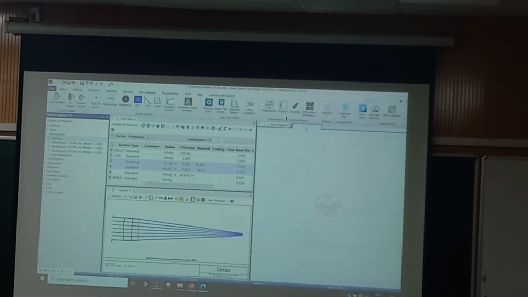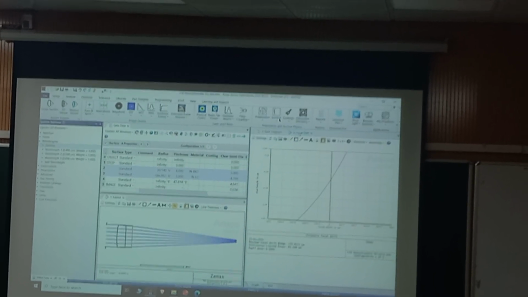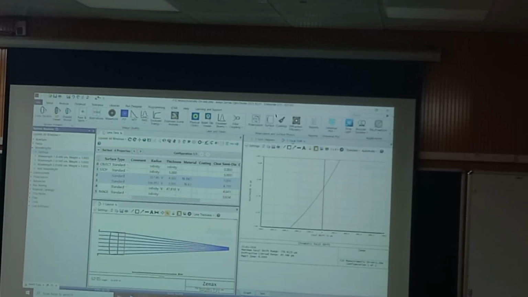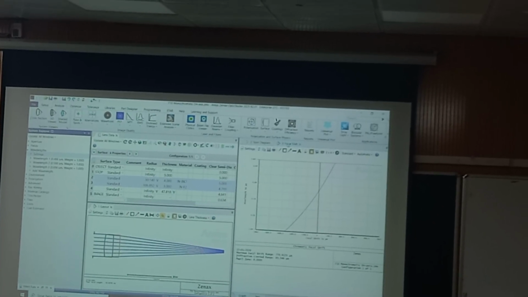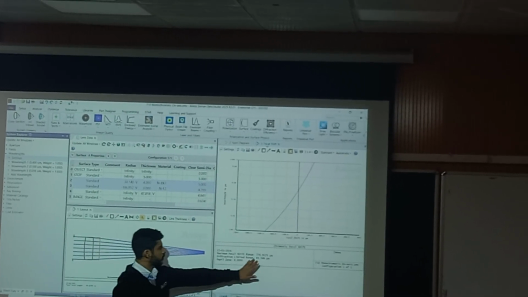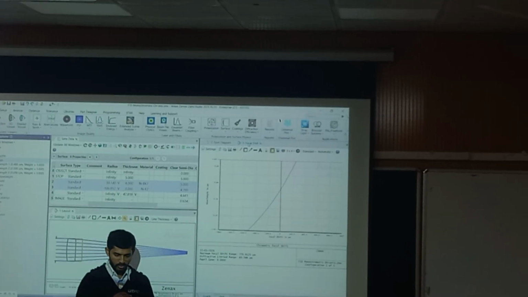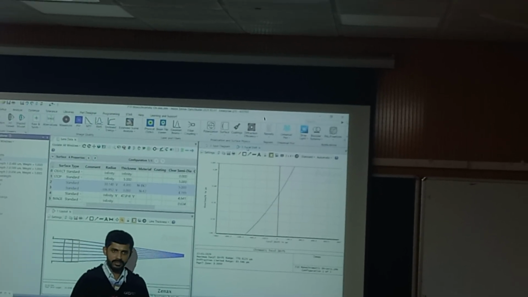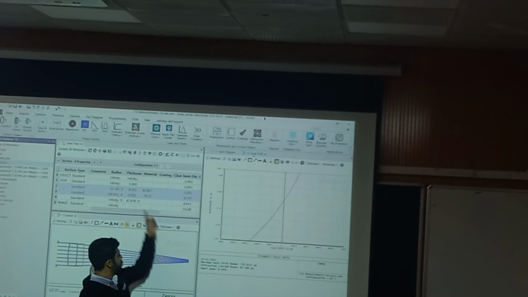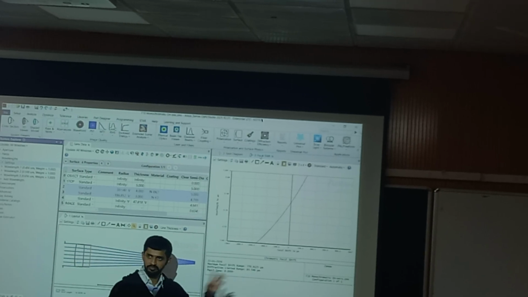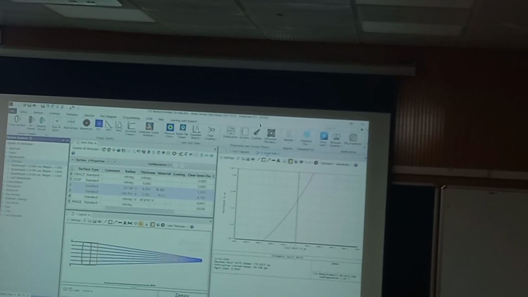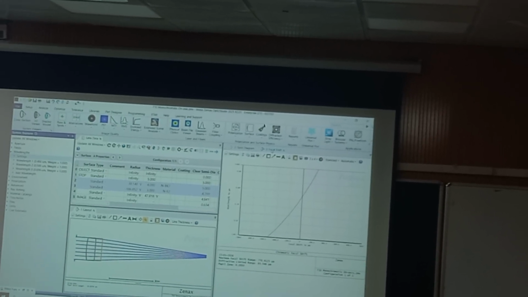Hang it like this here. You can see in the current configuration, the diffraction limited range is coming as 83 microns. That means all the wavelengths of FDC are within 83 microns of defocus, but in the current situation it is 770. Now we are going to optimize and see whether this changes or not.